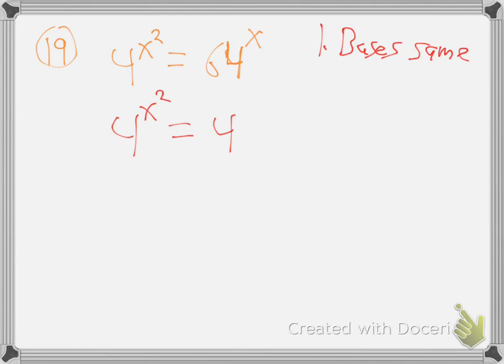So take your calculator, go 4 times 4 times 4. It's 3 of them, isn't it? We good? 4 times 4 times 4, 3 times, is 64. So that's step 1. I made the bases the same. Step 2,